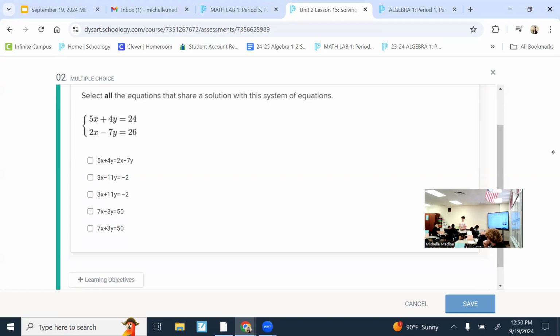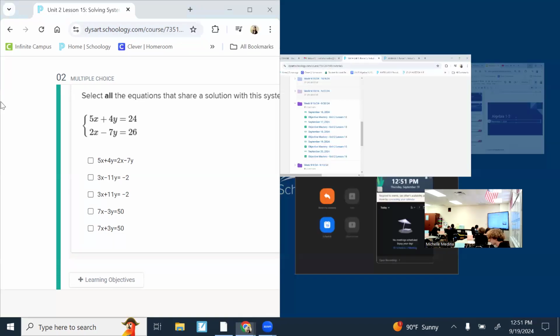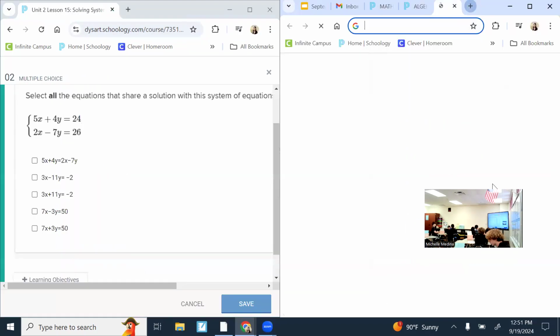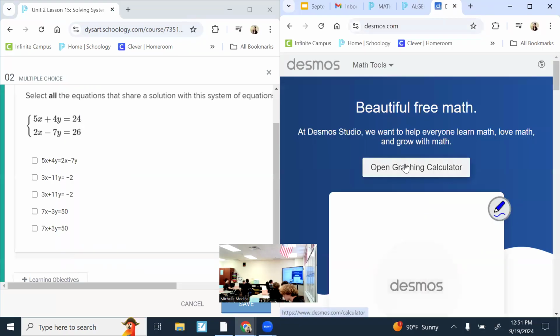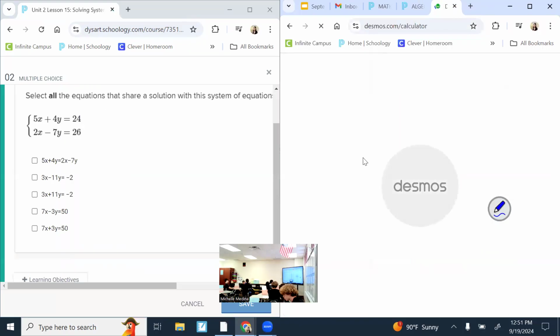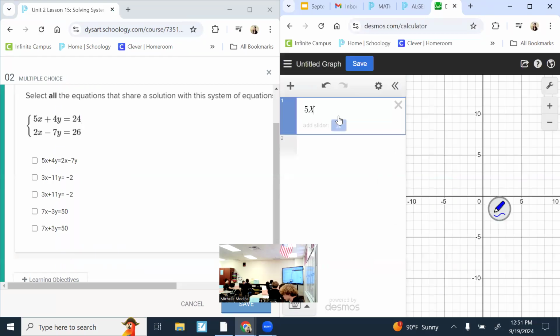I see why you might be struggling, because this isn't set up to where we can use elimination right away. Tomorrow I will teach you how to set it up, but we're not there yet. So let's see if there's a different way. With this one, the way it's set up, I would just go into Desmos. So first you want to find what the solution is to the system, and by graphing,